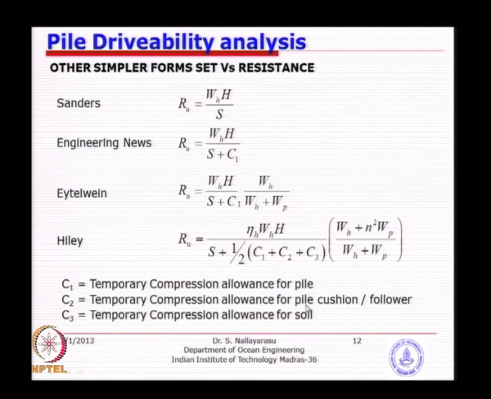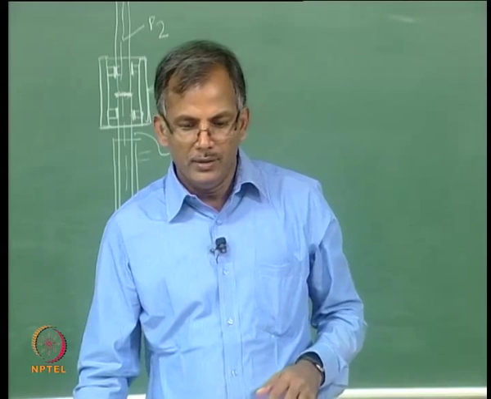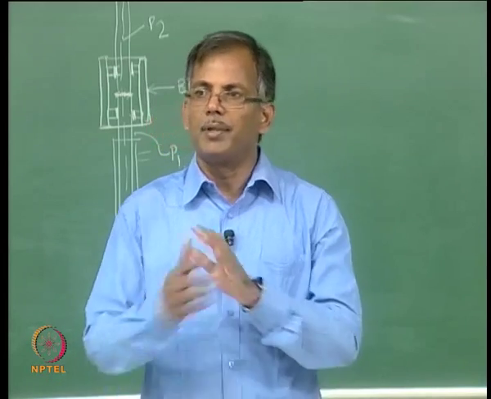This dynamic formula, the first one is very similar to what we discussed. In the second one you see only one addition, given at the bottom. This S is the deformation or the set, plus C1, the temporary compression of the pile, which is elastic. As you know very well, we do not want to allow the pile to go beyond the elastic limit. So that means after you remove the hammer, that elastic deformation will come back. So it is only a temporary compression of the pile,